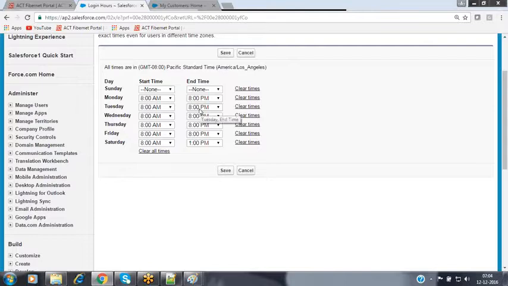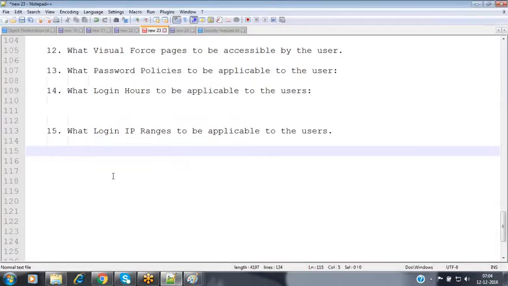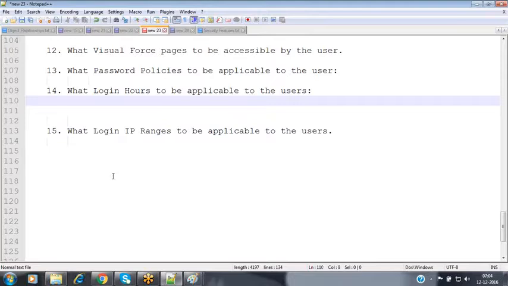Now, here I have a small question. For example, my banking application or my Salesforce application has been configured with login hours.